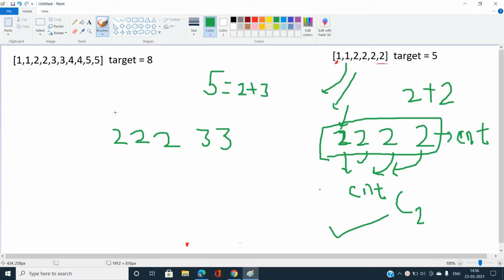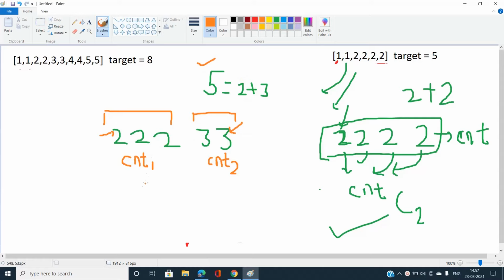You can easily see I can select any one element from this group, and for 3 I can select any one element from that group. Let's say selecting from this one has a count1, and the other is named count2, that is, the number of elements exactly equal to array of R and the number of elements exactly equal to array of L starting from the leftmost side. So the answer is the number of pairs possible for my sum equal to 5, which we can easily get from 2 plus 3.